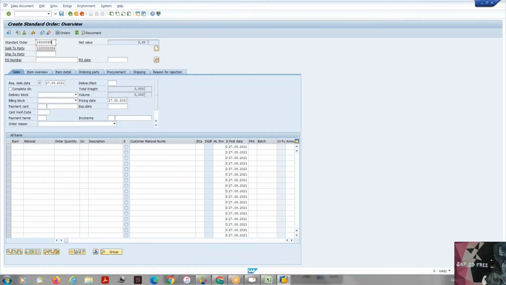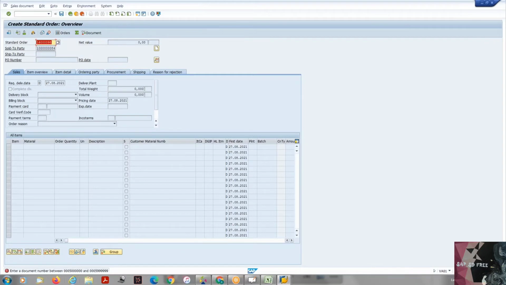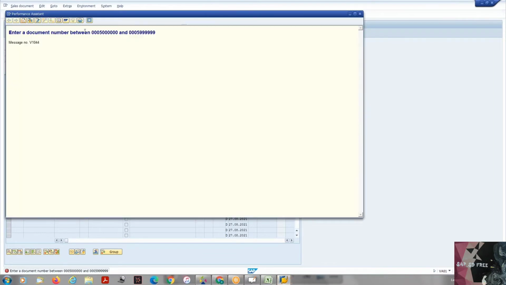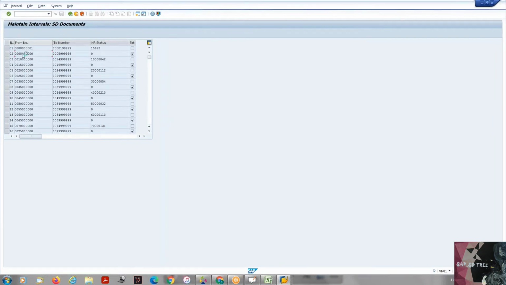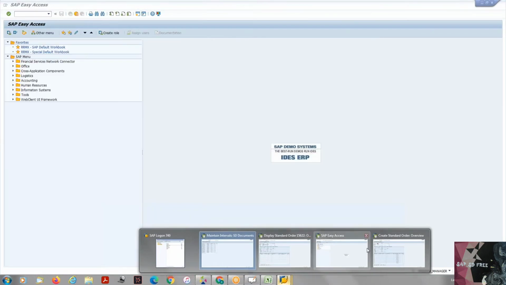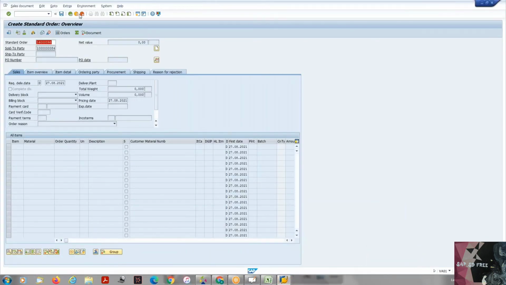If I try to give some other number range, then the system will throw me an error saying that it has to be only between these two, 500 and 5999. It will not allow me to enter anything else, because for the external number range here, it's only 02 that you have, and this is the 02 that you have assigned in your sales document type. Inside your sales document type, there's something that is,